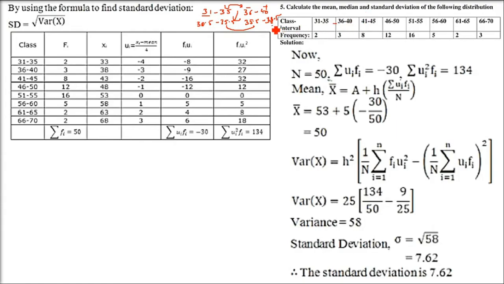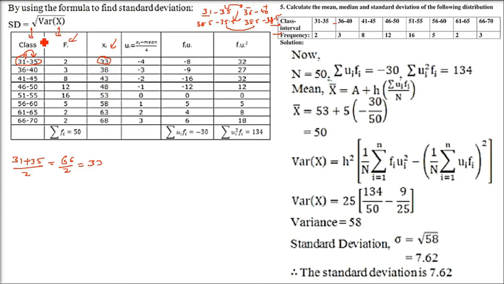Okay. So this we are writing in the column. This is given in the question. Same thing we have to do. So for the first class, it is 31 plus 35 divided by 2. When you do this, it will be 66 divided by 2, that is going to be 33. So 33 has come like this. You have to do it for all of them. So xi you have got. The x column is still bigger.